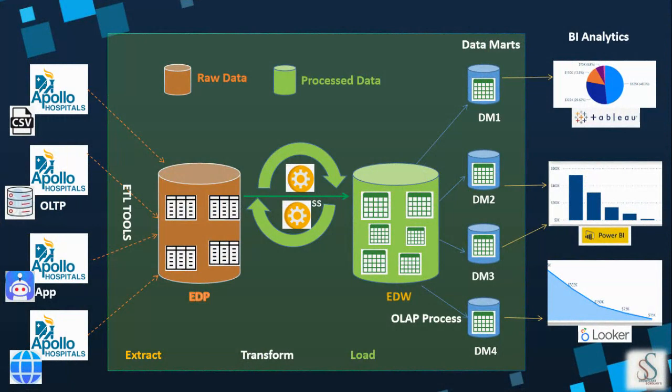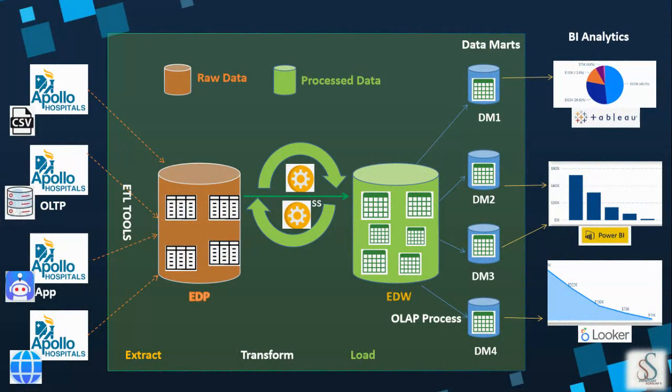After transformations, I have split it into more tables. That is my scenario, based on some BI analytics or business scenario. I split it into multiple tables here, and the transformed data I loaded into a data warehouse, which is called the enterprise data warehouse. Now the entire process data exists in the EDW.